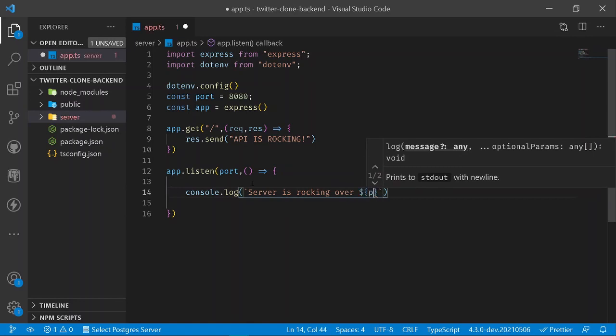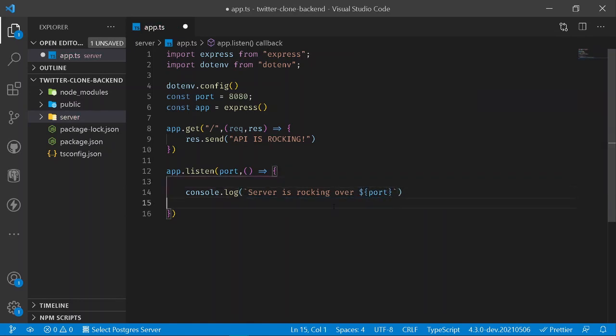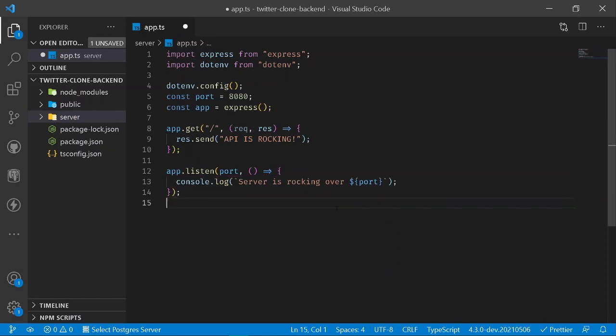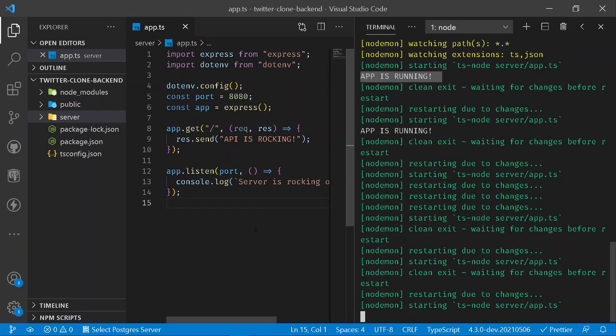And for accessing the port you should be writing here dollar sign, and under curly braces you should be writing the port here. So once we have done the following changes, let's open up our entire terminal.